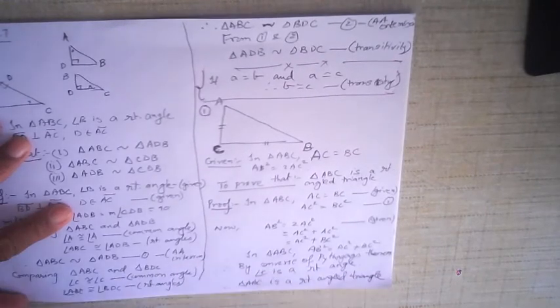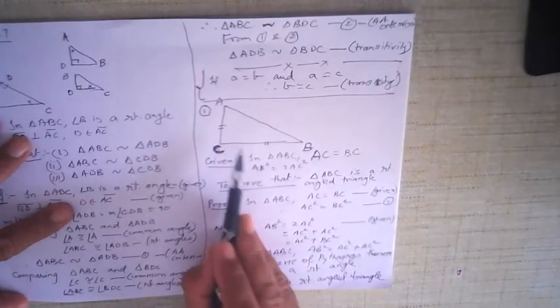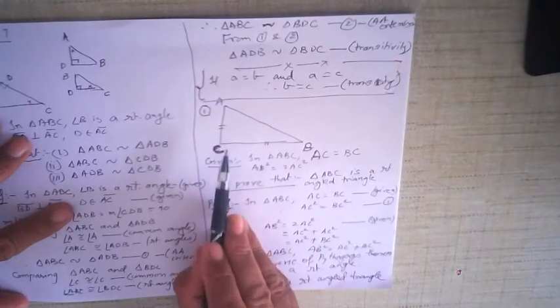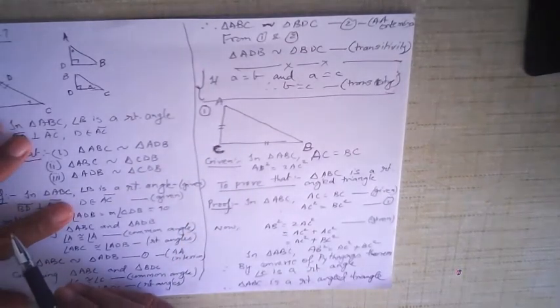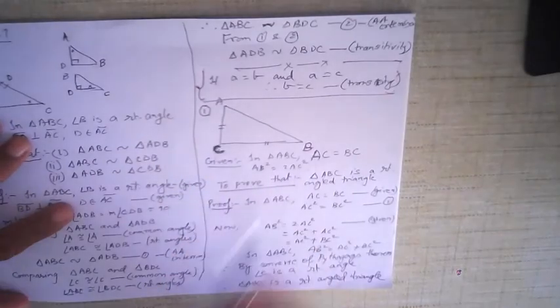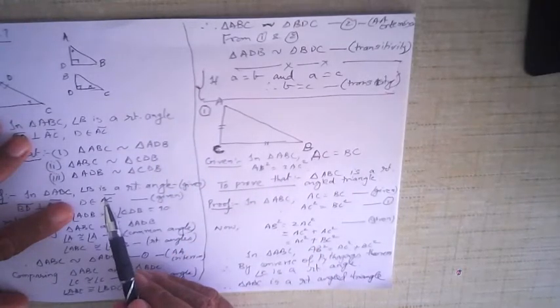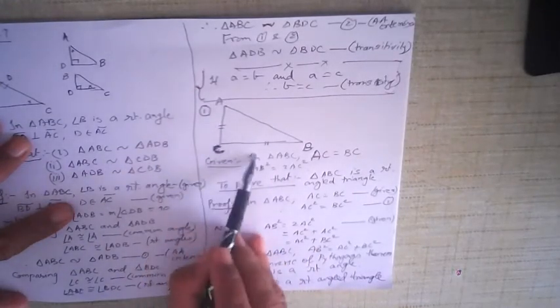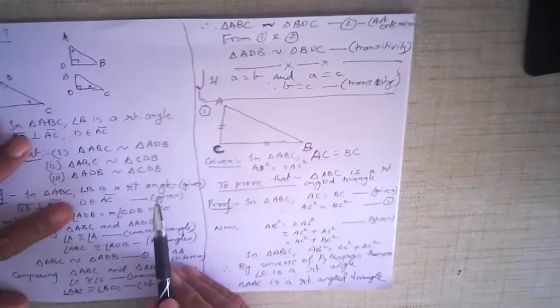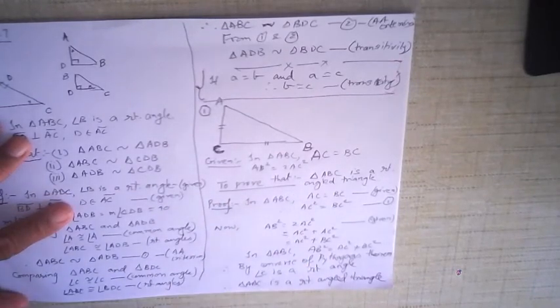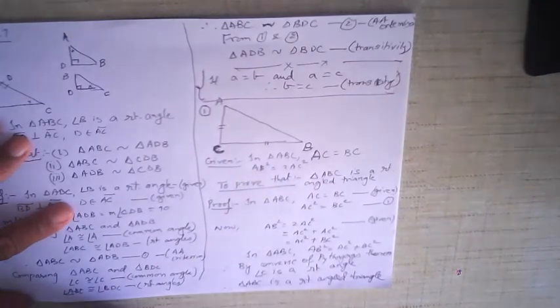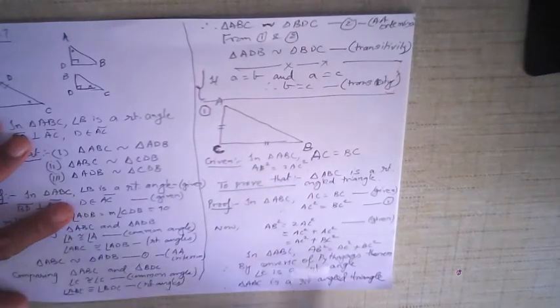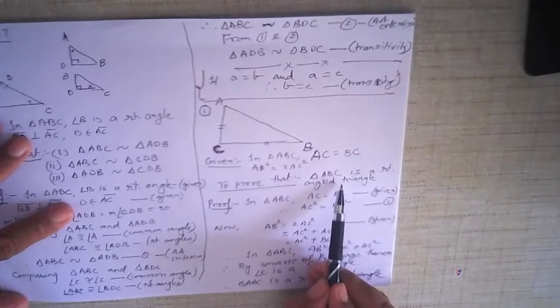Now you can see this proof is so easy. In triangle ABC, we are not given that angle C is a right angle. You have to prove that angle C is a right angle, and therefore triangle ABC is a right angle triangle. But we are given that AC is equal to BC. It's an isosceles triangle, in which 2 sides are equal. In addition to that, we are also given that AB square is equal to 2AC square. This is part of the question. We are supposed to prove the triangle is a right angle triangle.